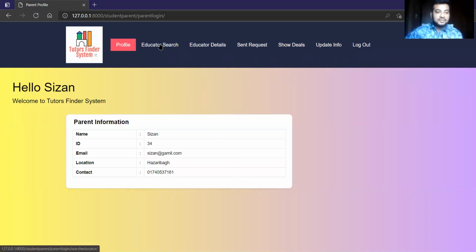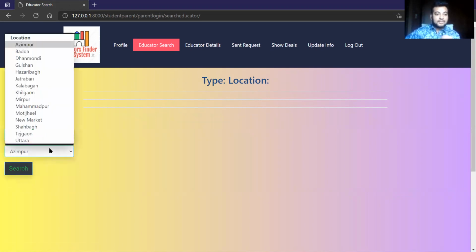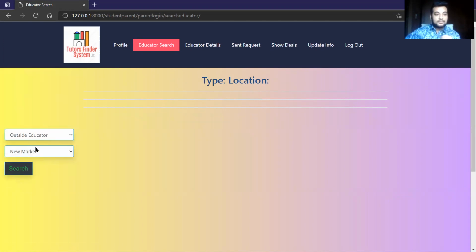Here we can see the user's personal information, and in this section we can see the username, user ID, email, location, and contact number. After that, the next section is educator search. We will select an educator type and the location for searching a particular educator.